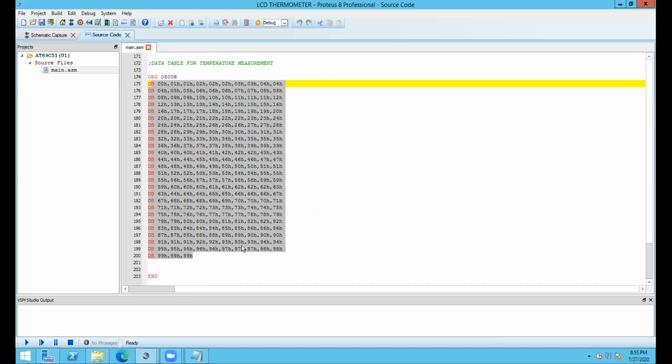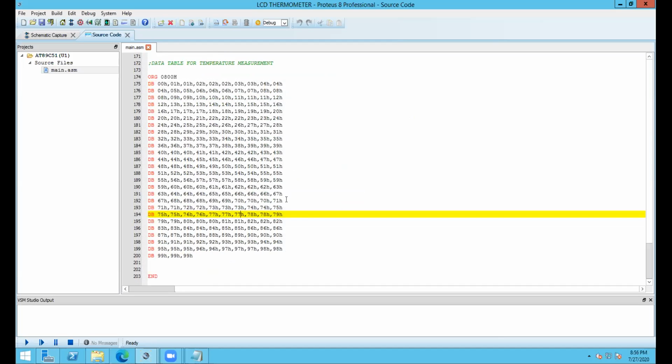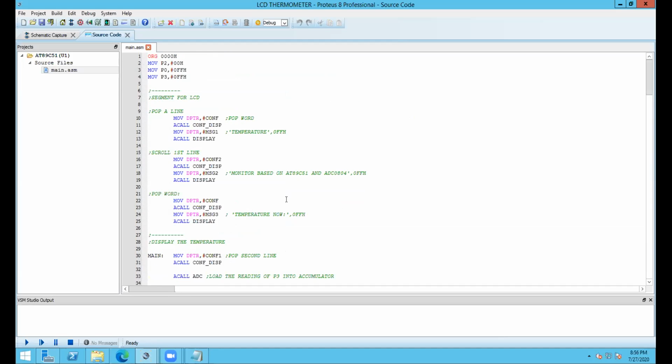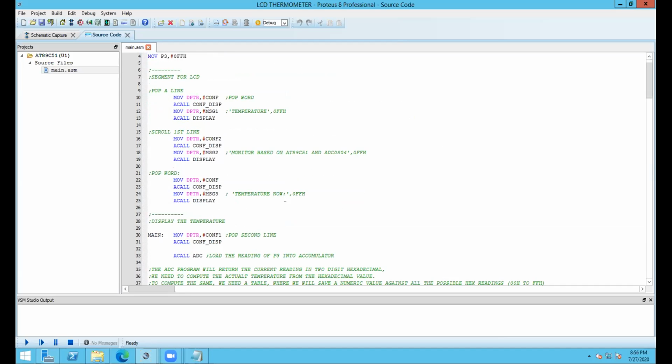We do not have A, B, C, D, E, F. We only have numbers, right? Though these values are fed as hex, they will actually be shown as decimal. So we do not have any character here. That's why we don't need to separately convert characters into ASCII. We need to convert numbers into ASCII, and to convert numbers into ASCII, we just need to add 30, right?